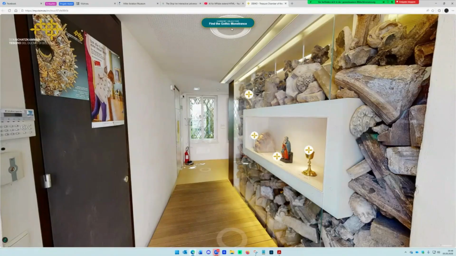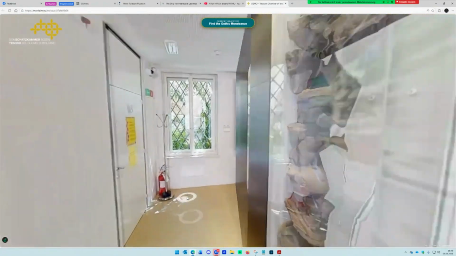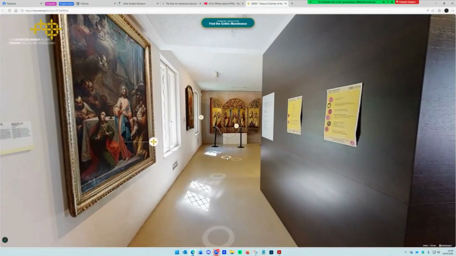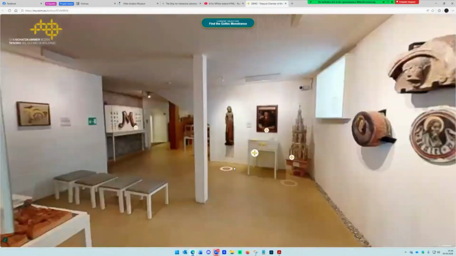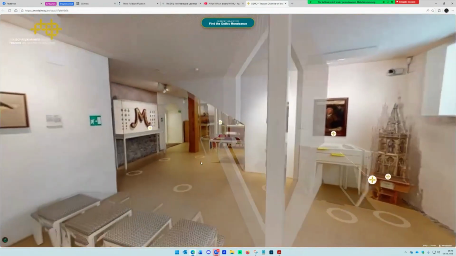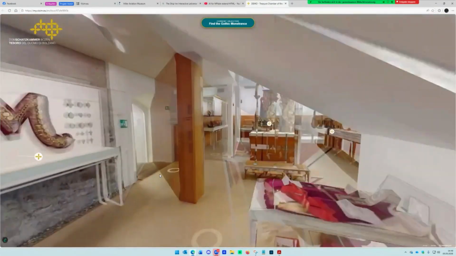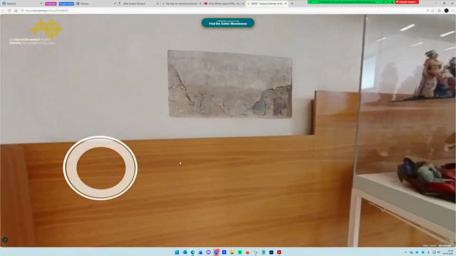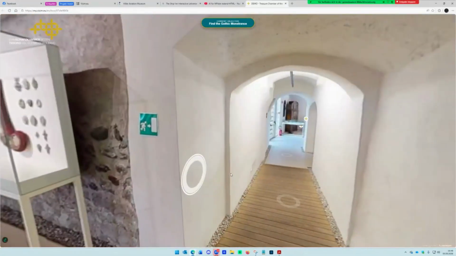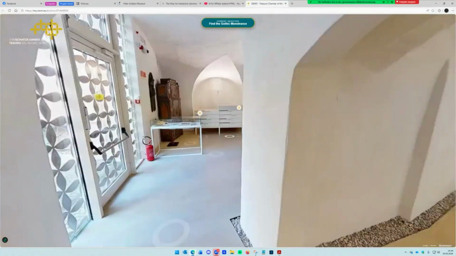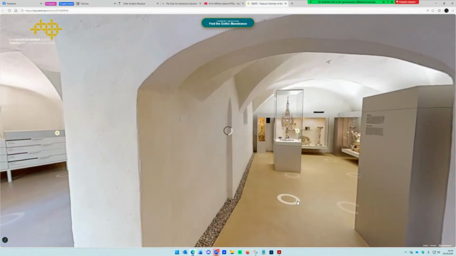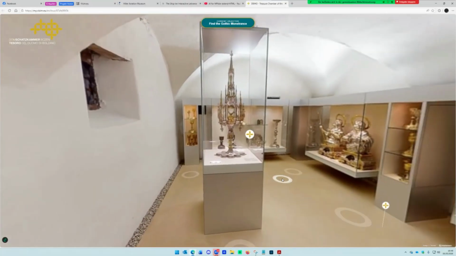I have the little task up here where it tells me, okay, what am I supposed to be doing inside this tour? And little cheat, I already know where the object is, so I'm just going to show you guys the result once I go there. For these types of implementations where it's a lot about the content inside the tour, it is really helpful to have tags that actually have this information, because you'll see this is the actual object that we're supposed to be looking for